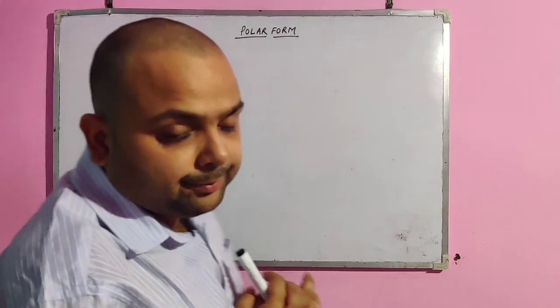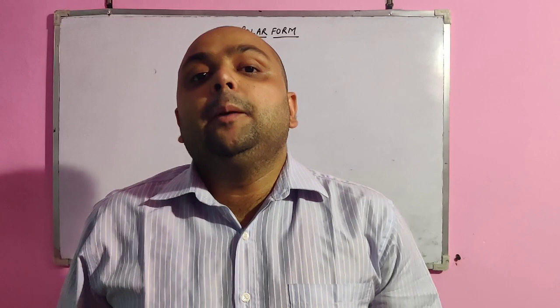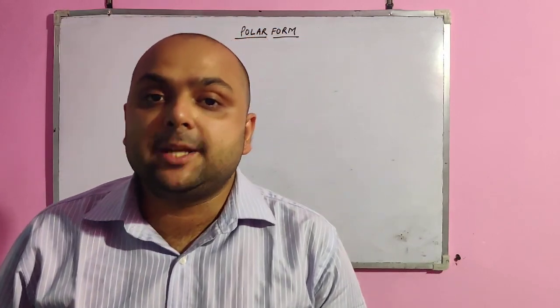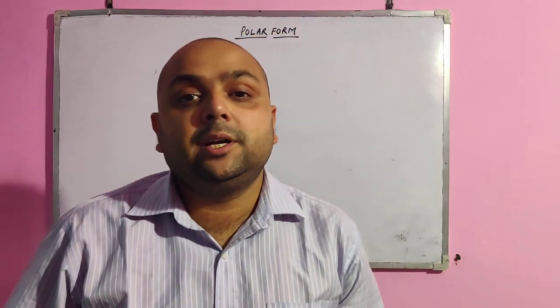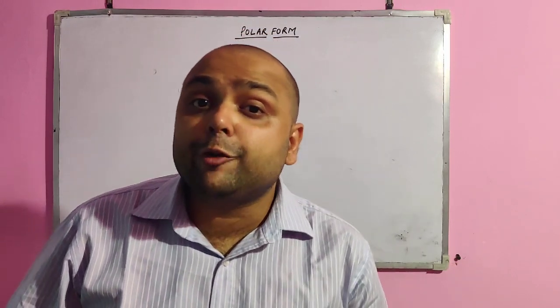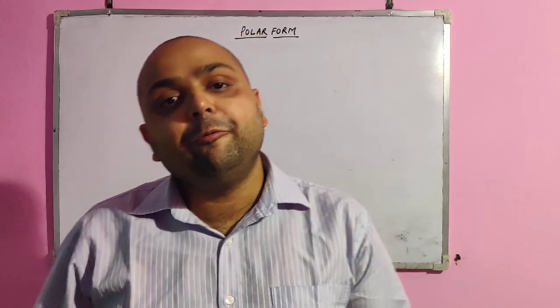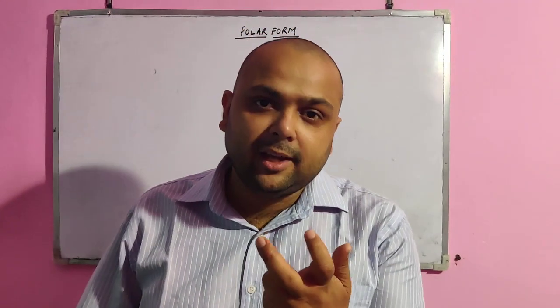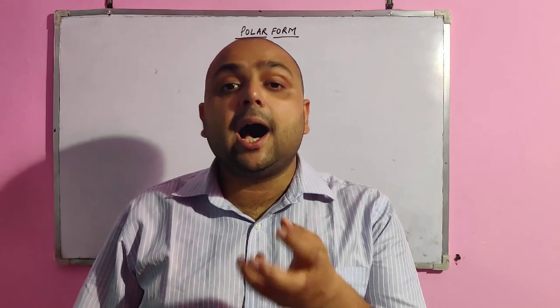Welcome to all of you. I hope everyone has understood the concept of general form and multiplicative inverse related to complex number, and all of you have completed your work also. Today I am going to teach you about a concept which is very important in terms of complex number. The representation of complex number with Cartesian axis plane is polar form. Before starting the polar form we need to understand two main concepts here. One you already know, the modulus, and the other one is argument.